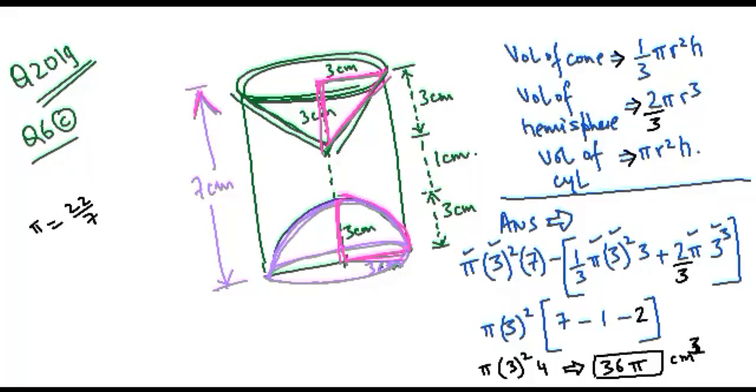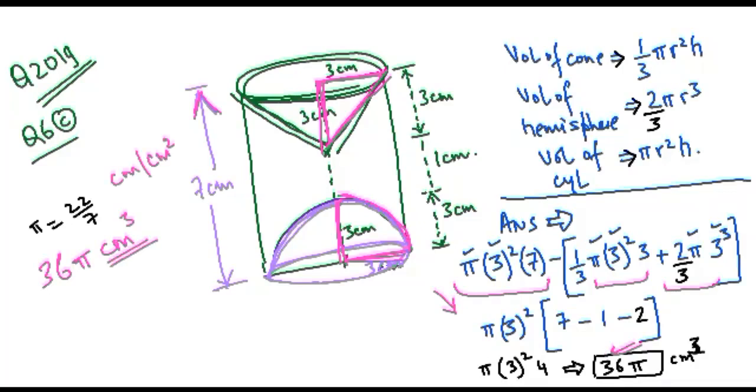The second thing that needs to be understood is whenever you are doing the calculation, try to do the calculations smartly. Do not try to find the whole of this value and then calculate this and calculate this, or you'll be wasting a lot of time. So this is another way in which I have solved this question, and the final answer is 36 pi centimeter cube. Always remember, you need to write 36 pi centimeter cube. If you write centimeter or centimeter square, you will lose half a mark. Any doubt?